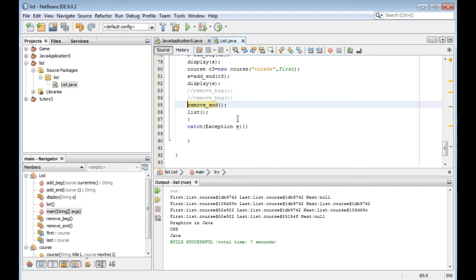So we must implement try catch. This is all try catch. I mean, if there is an error, it should be caught and handled. Let's see how it works. Let's call it remove end. So we call here remove from the end.